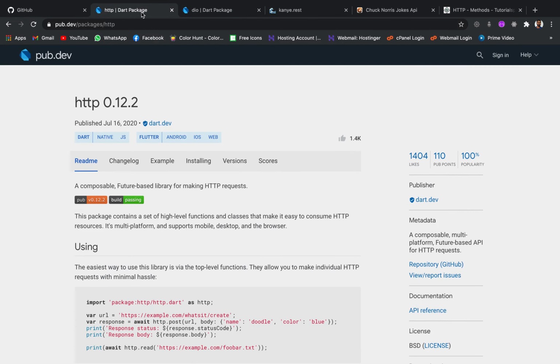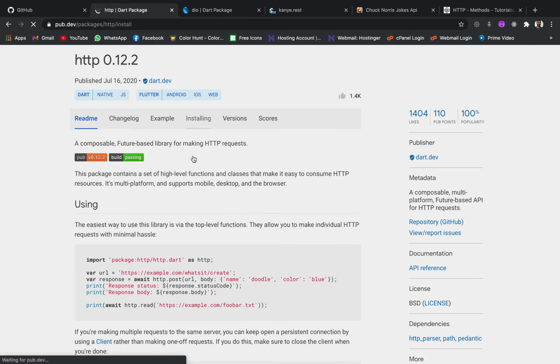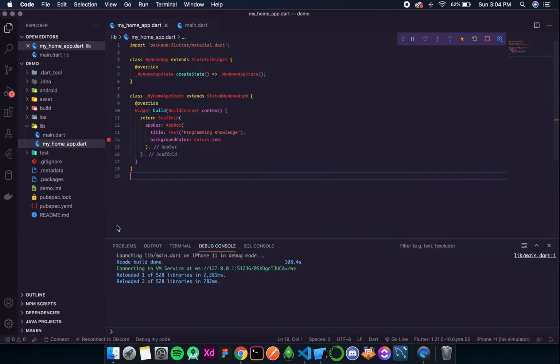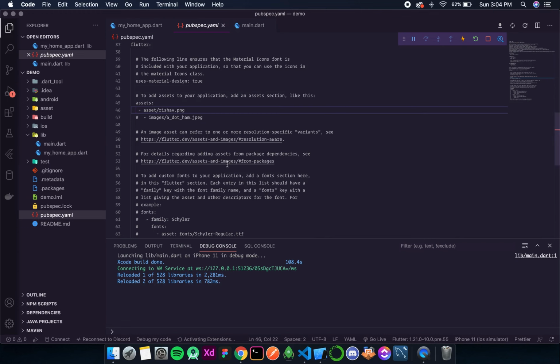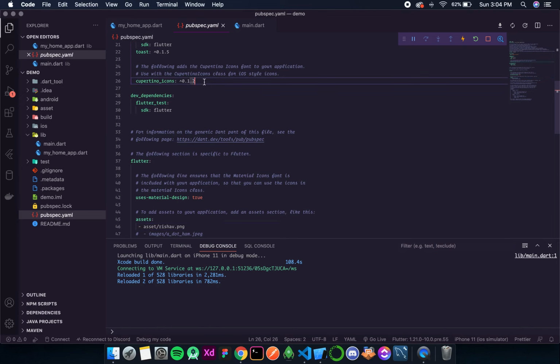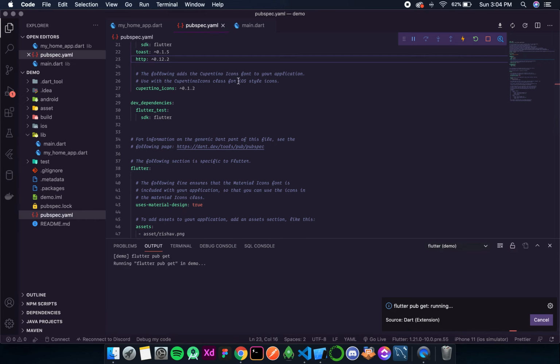Okay, so let's install it. We will go in this installing section, and then inside our dependencies we simply need to add this. So we find our dependencies in pubspec.yaml. Over here below this toast or below that Cupertino icons, we can paste anywhere. Save, and then since I am using VS Code, it will automatically start flutter pub get. Okay, so that means it is importing this dependency to our project, so that will take a minute.